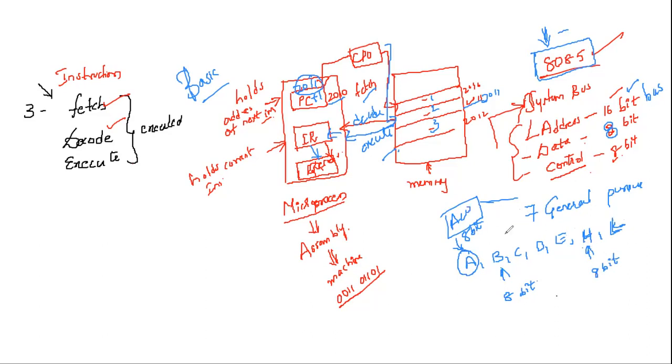Individually it is of 8-bit. When we are going to hold the 16-bit of data, we are going to make it as pairs. That is the BC pair, which holds the 16-bit data, the DE pair, which holds 16-bit data, and the HL pair, which is going to hold 16-bit data. So BC, DE, HL are the register pairs which are going to hold the 16-bit of data. So this is how the registers in the 8086 or 8085 microprocessor are organized.